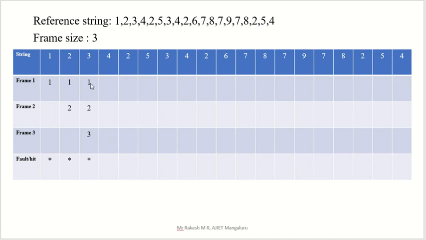Then see which one you have to replace. We have to replace because the CPU is asking, so we have to replace any one. Which one? Out of 1, 2, 3, the least recently used, LRU algorithm you are using. So for 1, 2, 3 you have to see the left side. In the optimal we see the right side, right? So here we have to see the left side. In the left side, which one was used last? Okay, that means in this table it is first, but from the current position, which one was used last, right? That we have to replace.